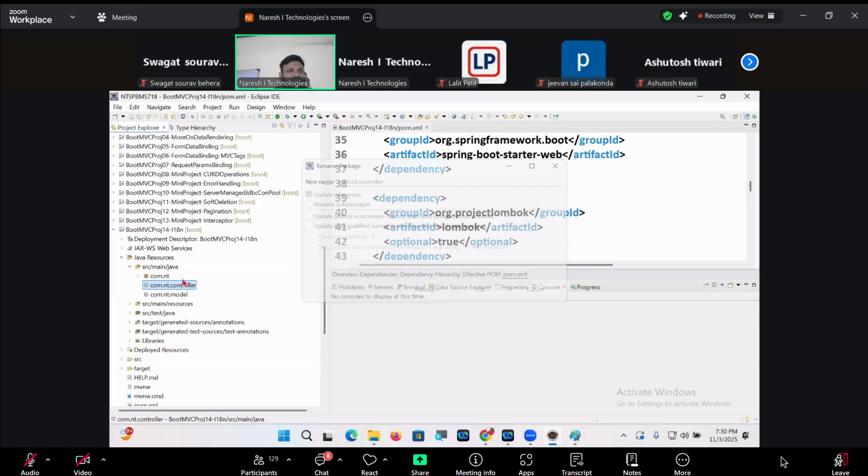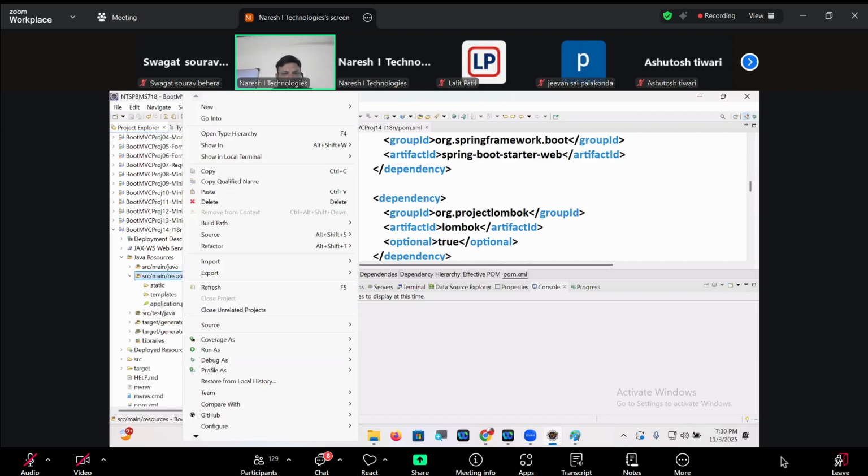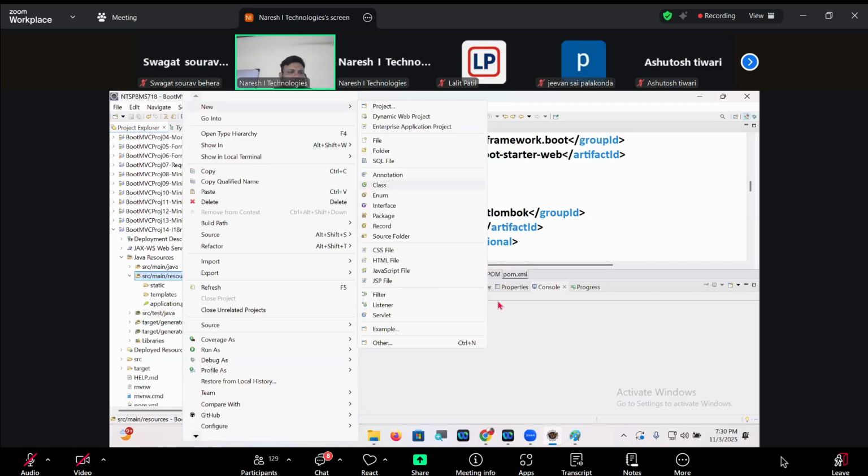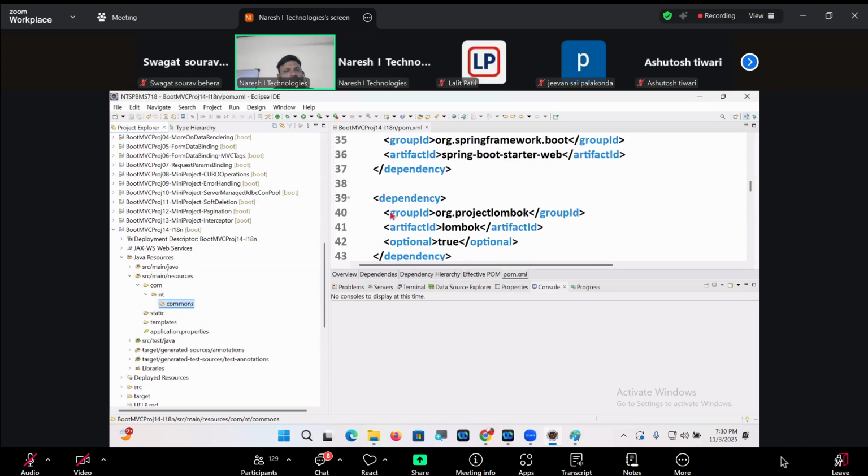Okay, I want to keep the locale specific property files in a package, guys. com.nt.commons. New file.